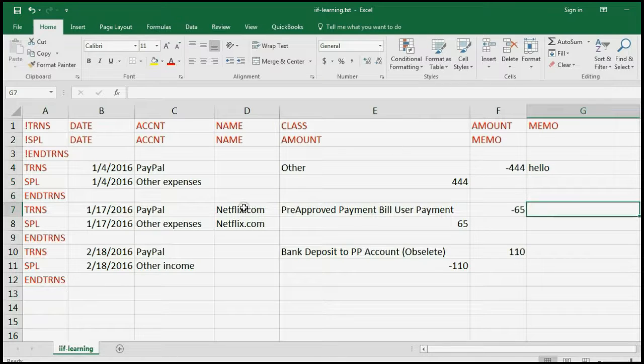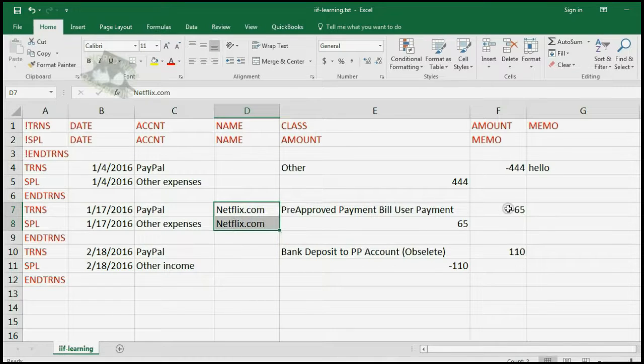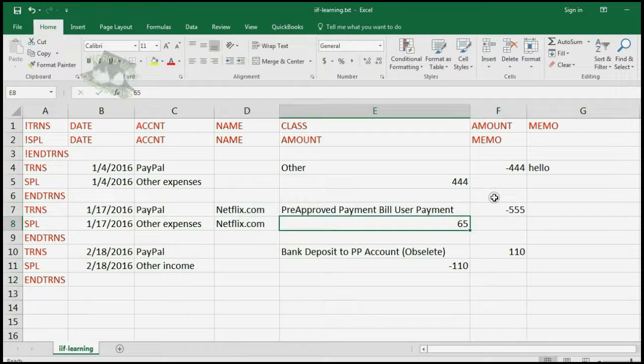Now what about the second transaction on July 17th, where the two accounts are PayPal and other expenses, and the name is Netflix? Let's leave Netflix as the name of the vendor in this case. But instead of $65, let's put minus 555, and where it's positive, let's put positive 555. So we change some of the data, and after it imports into QuickBooks, you'll see those are the money